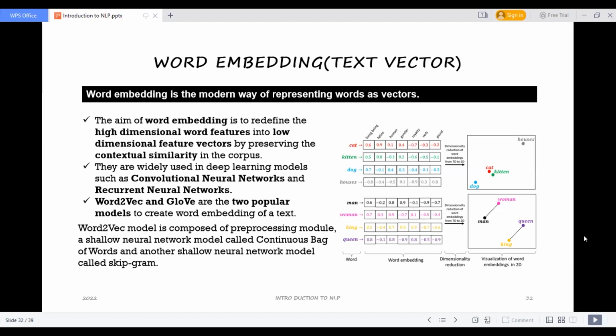The aim of word embedding is to redefine high dimensional word features into low dimensional ones, so we can capture contextual similarity in the corpus, the data which we have. As we know, word embedding is used in RNNs, CNNs, LSTMs, and everywhere.